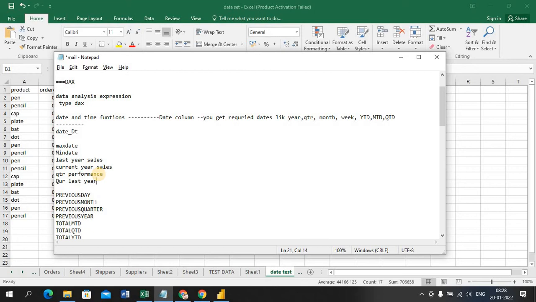It's a kind of comparison intelligence, comparing. And monthly sales, weekly sales. So it's all about the date, right? I have one date, and from this one date I can pull out so many things. We'll see how it looks.